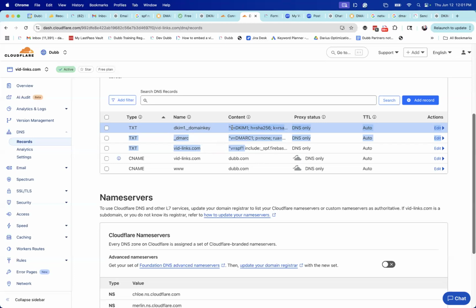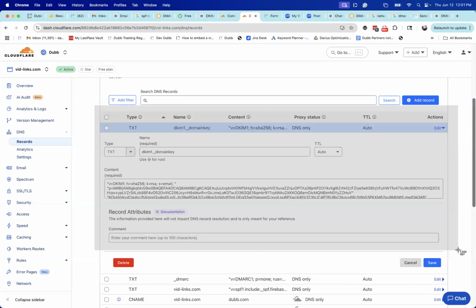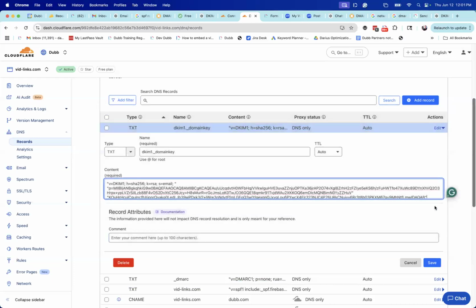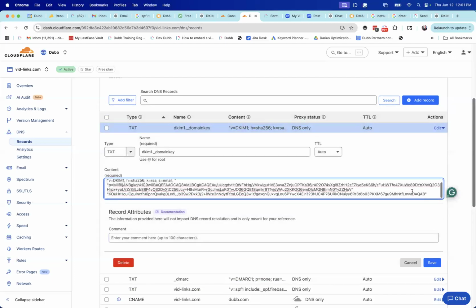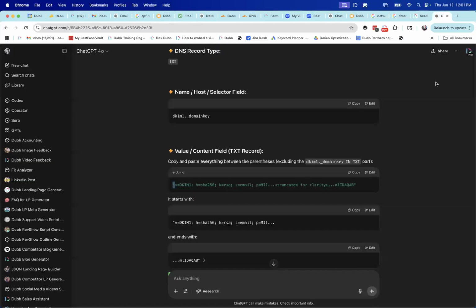So what you could do, if you're not certain, is come into these records and look at the record like this. So now I'm looking at the whole record, and I can take a picture of this, just like we did with the other exercises. Actually, let's try to open this one up. Okay, there we go. Just make sure the whole record is visible, because if the chat can't see it, it won't be able to give you feedback on it. So I can take a screenshot of this whole thing, and then I can pop it into chat, and I can say,